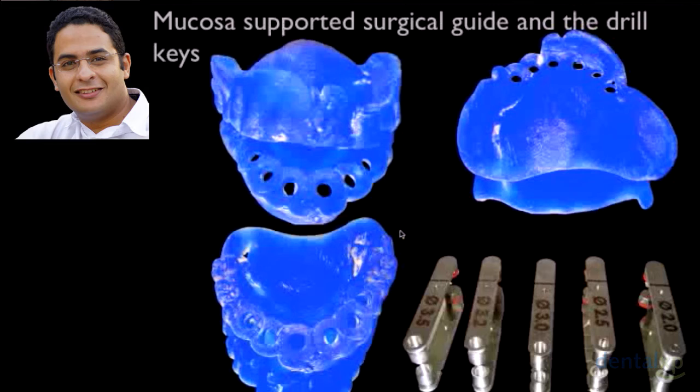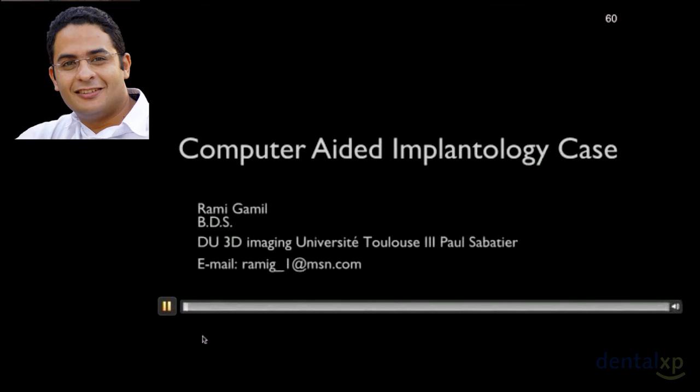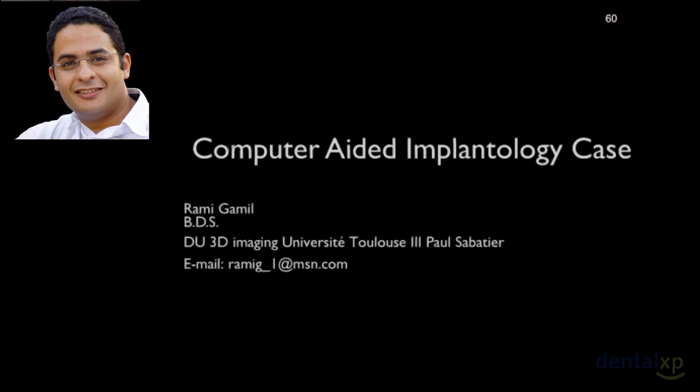And then we go to the second phase, which is the 3D printing of the surgical guide that we see here, and the drill guide keys, which have diameters corresponding to the sequential drills that we use. So we start with the drill sequence, in this case the pilot and 2.0 drill, the 2.5 and the 3.2 final drill. We're going to see now a video of the computer-aided implantology case